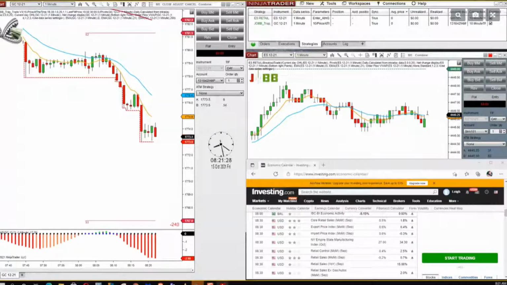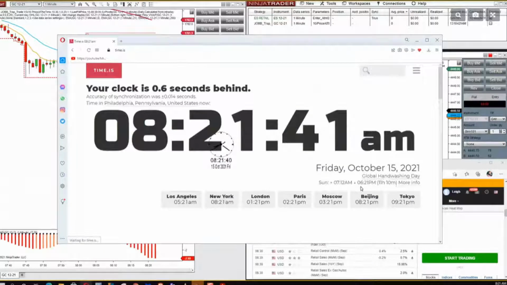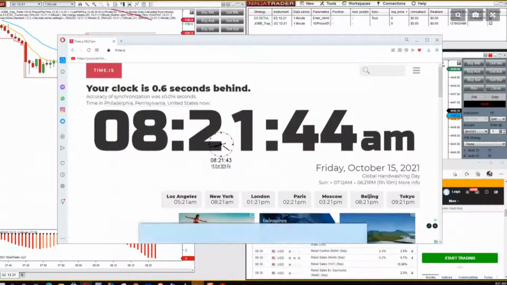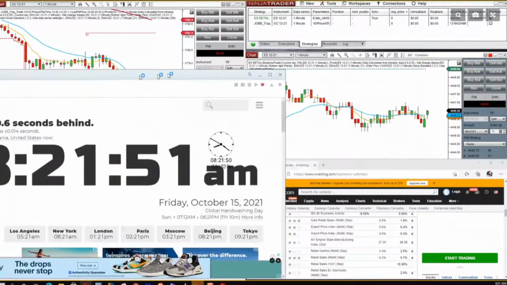Now, let me go over the settings one more time on the trap. Let's just check our time sync first. Time is, we go to the website, time is. Okay, so I'm going to need a second for my Dimension 4 to come up. So I will get myself in sync.